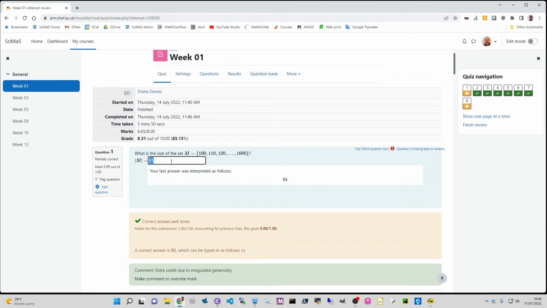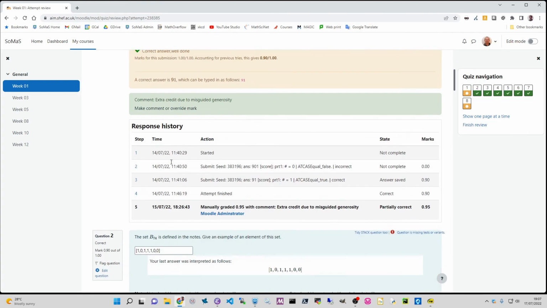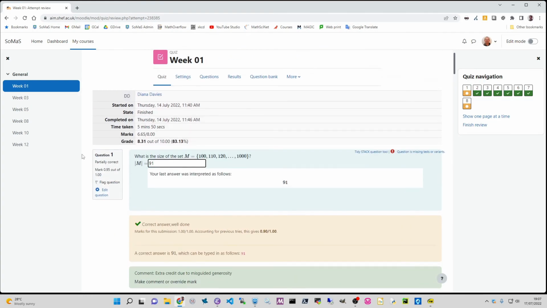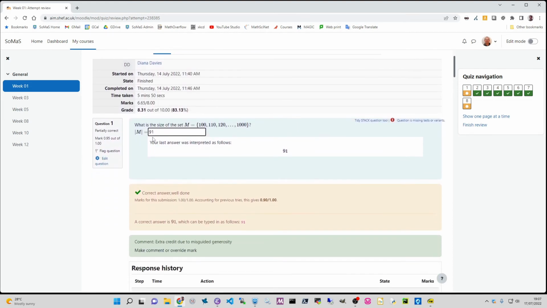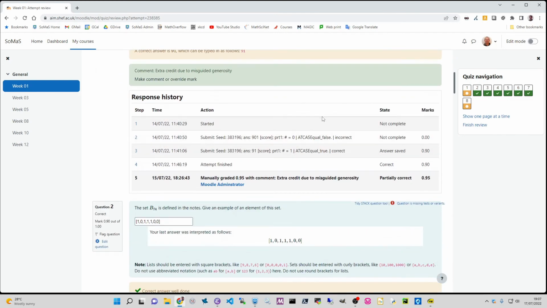These input boxes are disabled. We can't change them. So you see that this is the last answer that the student entered. We go down to the response history. You'll see